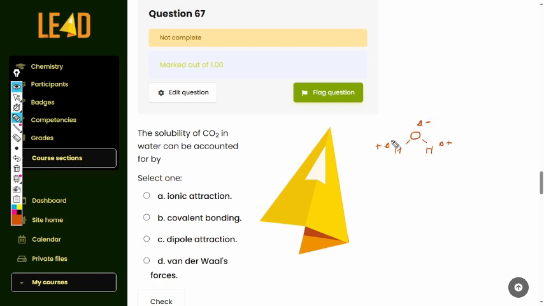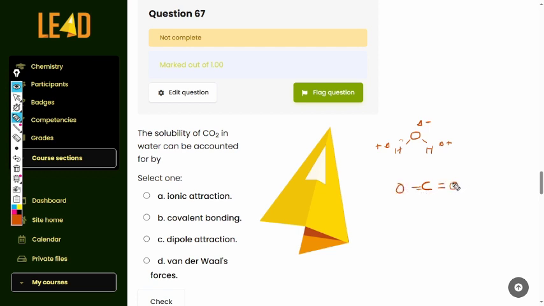So it means all ionic compounds can dissolve in water because ionic compounds are made of ions and ions are charged. But now this is carbon dioxide. Carbon dioxide is not an ionic compound. So why exactly is it able to dissolve in water? The reason is because the